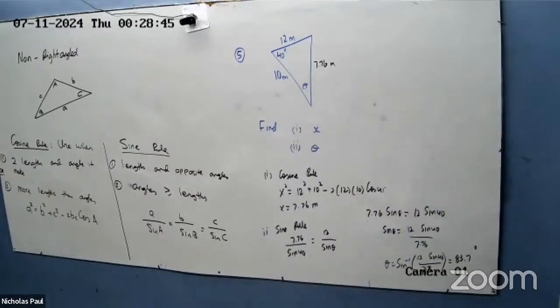Okay with that? Yeah. So that's the way we use cosine rule and sine rule, right? But before we do bearings, we still have to do a couple more examples. For example, how to use cosine rule to find an angle. All right, I want to show you that as well. Right, so we'll do a couple of those on Monday, and then